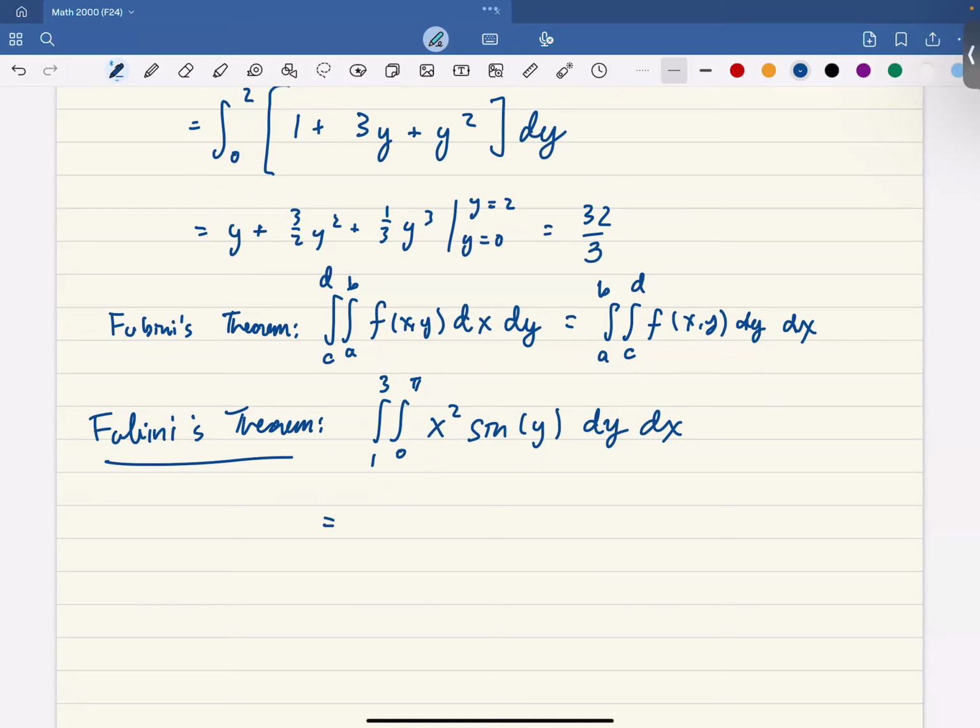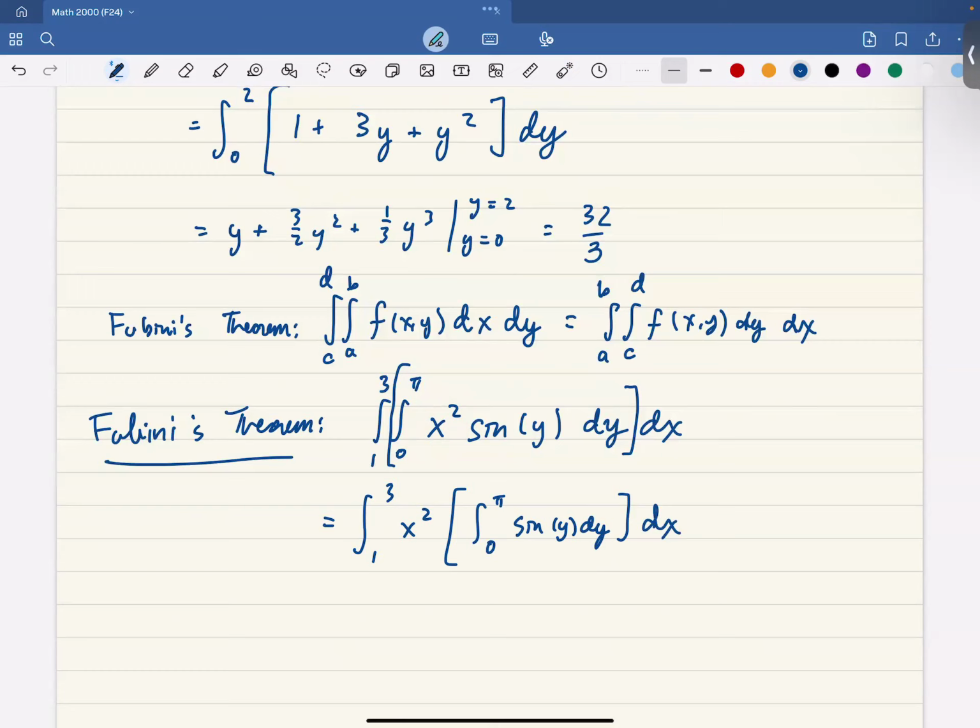Let's think about this intuitively. If I were to think about this as an iterative integral, meaning that we just do one step at a time, and if I were to put brackets here, when we integrate with respect to y, our x squared is a constant with respect to y, and we could bring that out. So this will be 1/3 x squared, and then we'll have our integral from 0 to pi of sine of y dy,